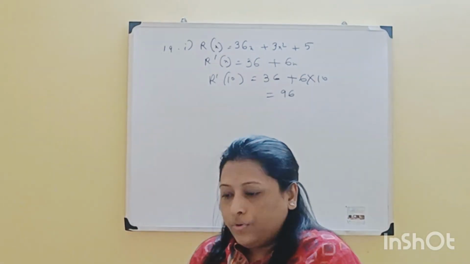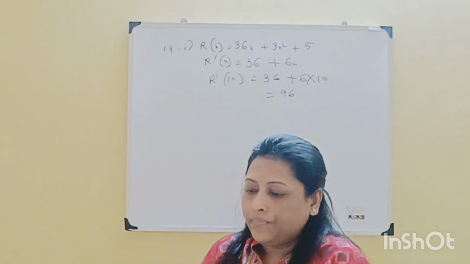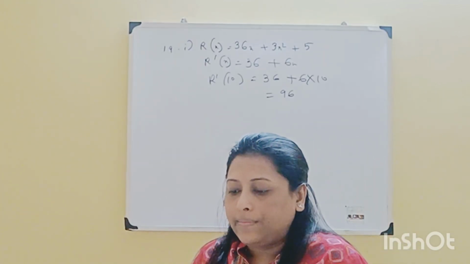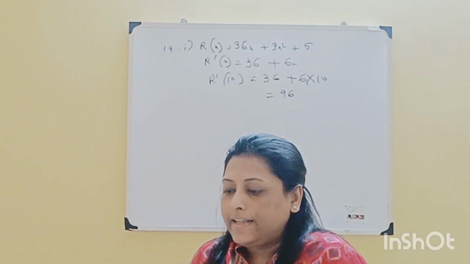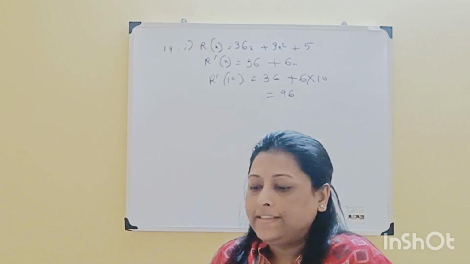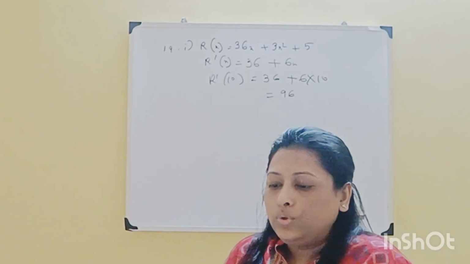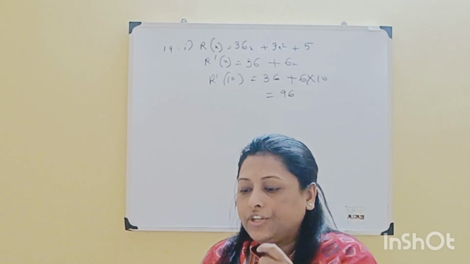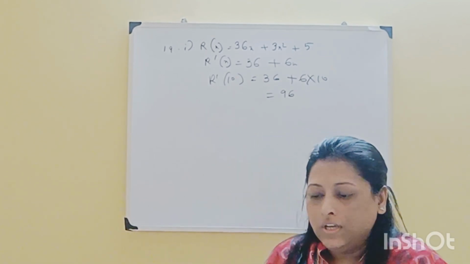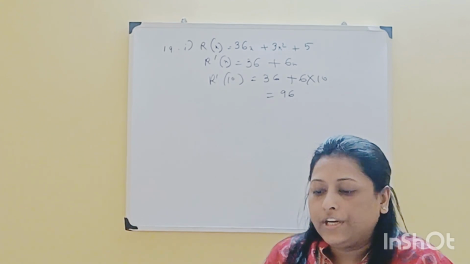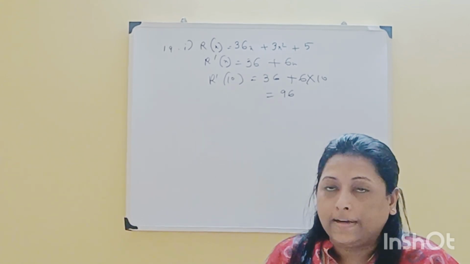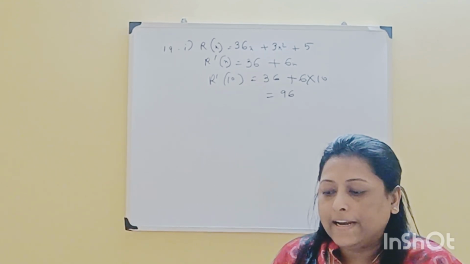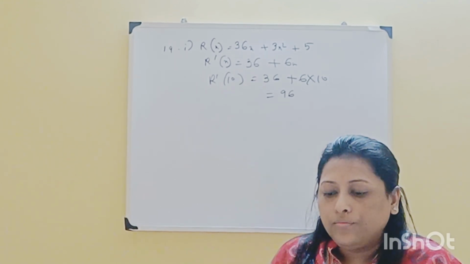Okay. Now going to the next question. Question number 2. Read the following statements and choose the correct option. Number 1, the correlation coefficient and the regression coefficients are of the same sign. Is it true or false? True. Number 2, the correlation coefficient is the arithmetic mean between the regression coefficients. Is it true or false? False. Number 3, the product of two regression coefficients is always equal to 1. It's false. Number 4, both the regression coefficients cannot be numerically greater than unity. It's true. So which one will we choose?